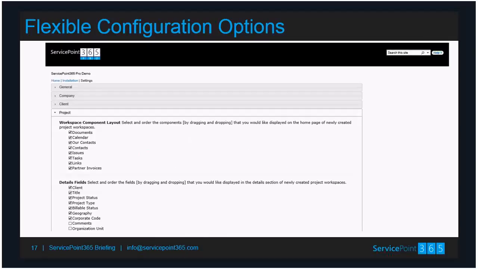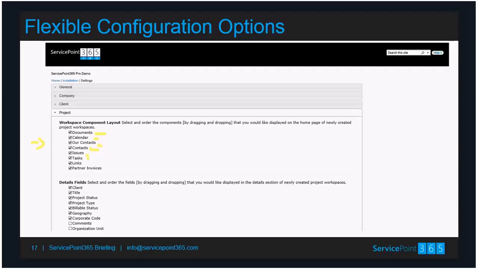For the templates for each workspace, you can also control what shows up. In that case, we were looking at a project workspace. So this shows you a settings page related to that, where you can adjust what you want to actually be created on a project workspace. You can see right now, for this particular list, I've got documents, calendar, all of those things are checked, meaning they're turned on. And like you saw with us turning on and off centers, you can do the same thing for